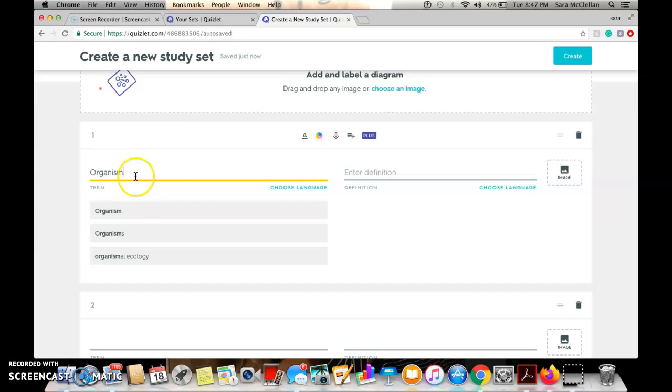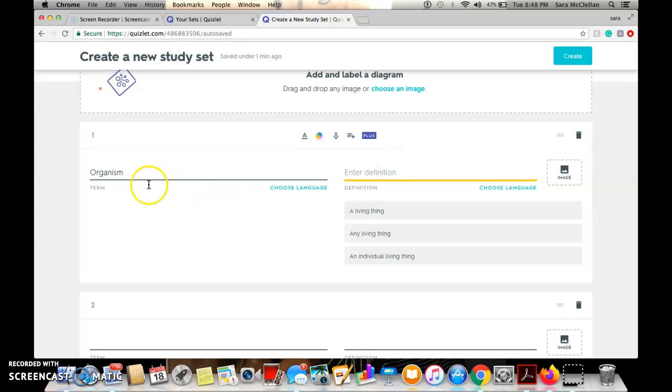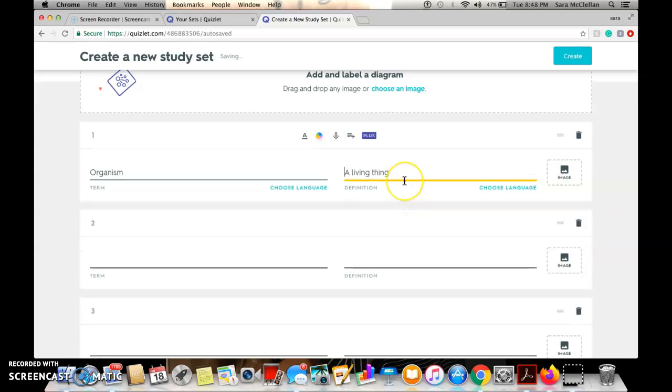And as you notice, as I was typing the word out, it actually gave me options of what I could choose. So let's say I typed in organism. Now you don't have to do this, but it's something that's just there for you. So click on that, and then if you click on one of the available options, it'll give you the options of choosing a definition. Now these come from people who may have already created a set with this term that are public, and that's super cool